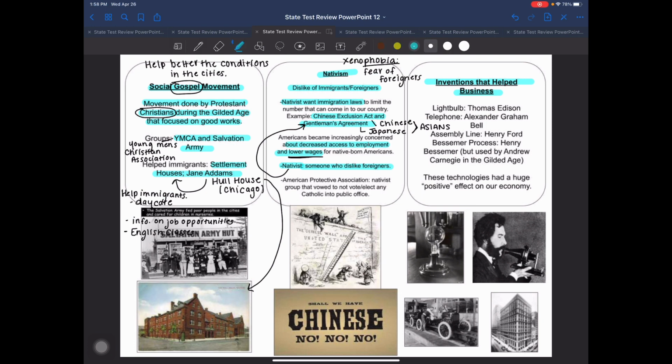Another thing that we get is something called the American Protective Association. This is a nativist group. And this is a nativist group that vows that they are not going to vote or elect any Catholic into public office. And the big deal about Catholics is the head of the Catholic Church is called the Pope. And the Pope is not housed in the United States of America. The Pope is in a place called Vatican City in Europe, and